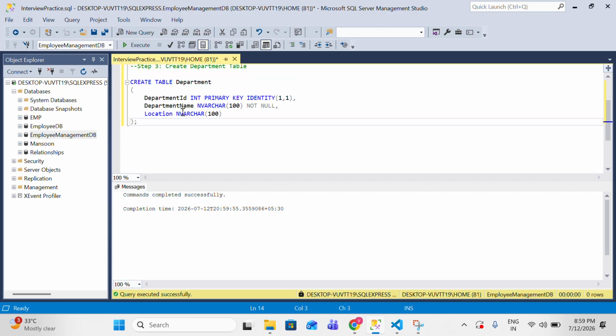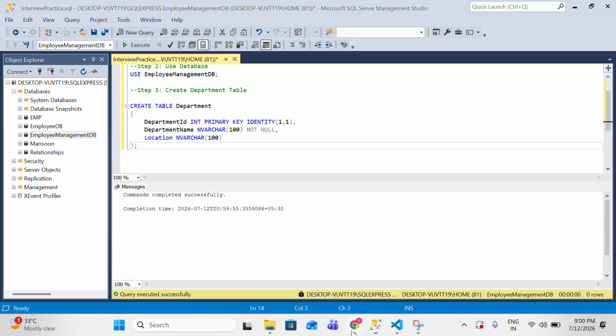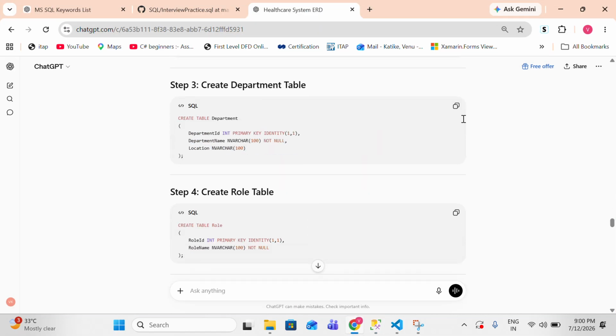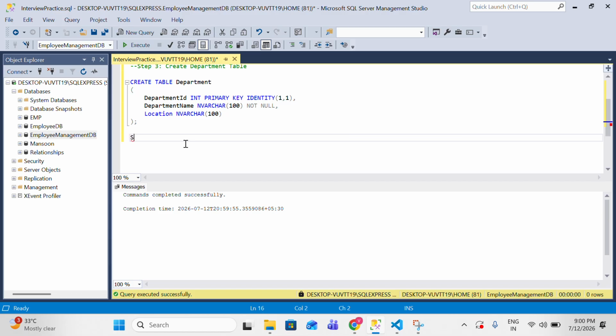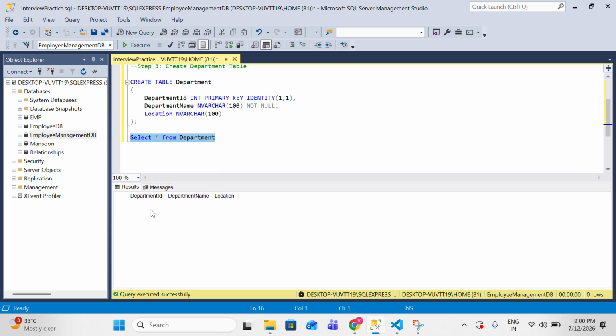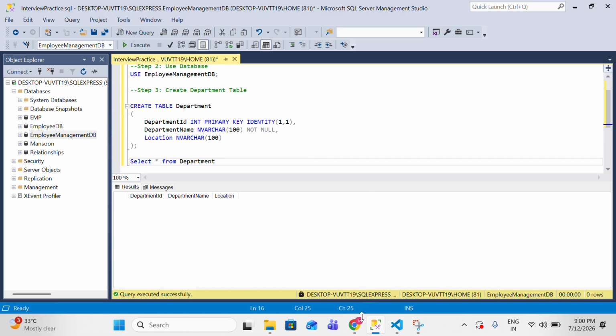It completed successfully. To retrieve this, we can use a select. Now I will write one query: select star from the department table we have created. No data is there. Here you can see the table is created, with department ID and location. So this table is created, and next,